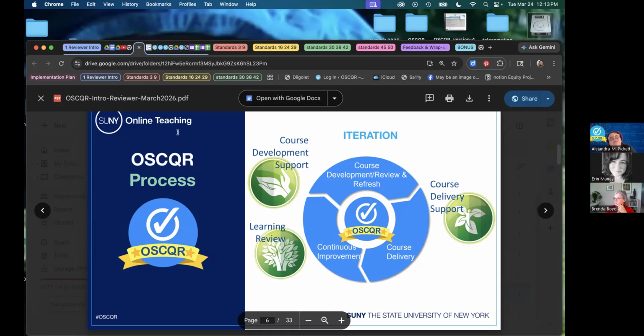And so developing OSCQR became something that we needed to do in order to roll out the Open SUNY Plus initiatives that we had at that time. That's back in 2014 or so. So OSCQR was intentionally designed to support a culture of online course design continuous improvement, and to support the relationship between the online instructional designer and the faculty they worked with.